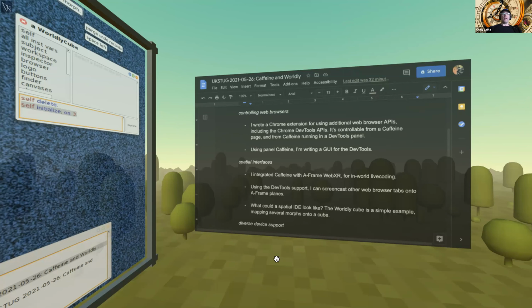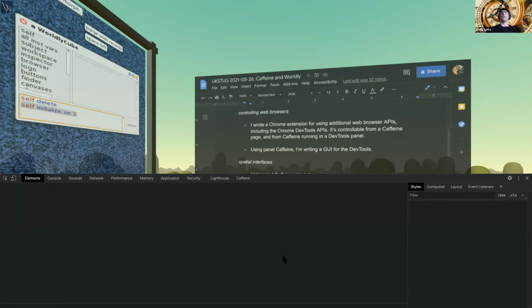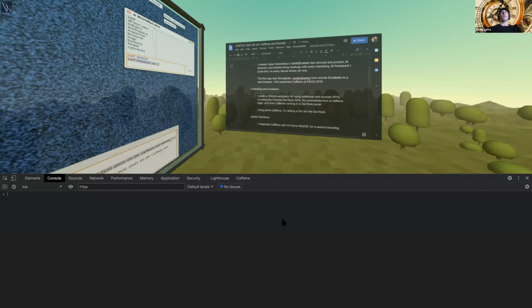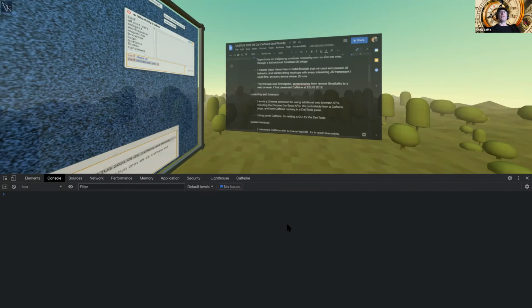And I'll just open the Chrome DevTools in this browser here. The Chrome DevTools are really cool, but the user experience is kind of limited if you're used to a full-on graphical environment like we are from... Oops, some keys got through. I didn't mean to. If you're used to a full-on GUI experience from Smalltalk,